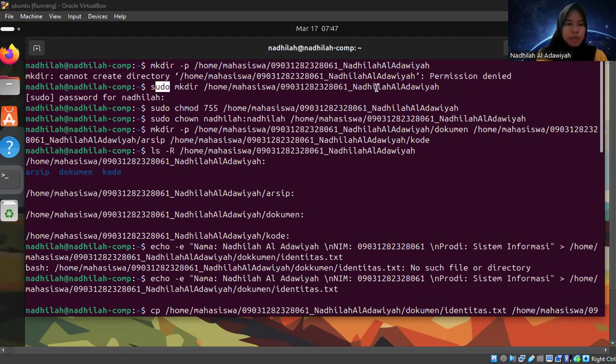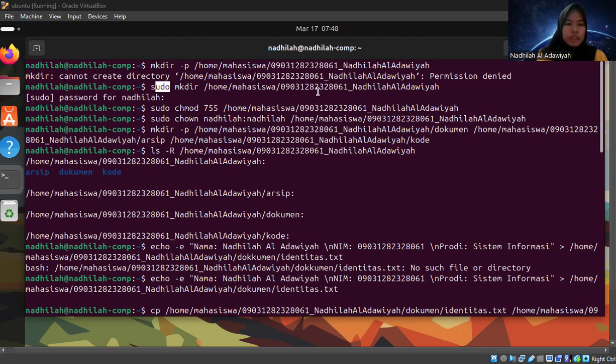Today, I will be presenting a step-by-step explanation of system administration tasks related to directory structure, file manipulation, access permissions, symbolic links, and user masks in Ubuntu. Without further ado, let's jump into the first subject. The first subject is directory structure setup.